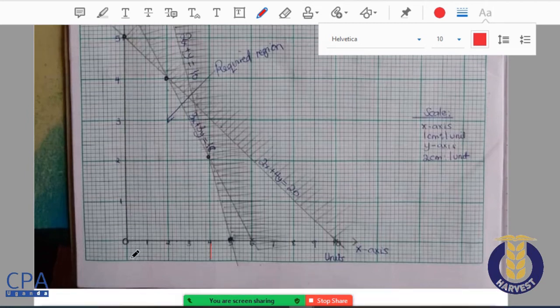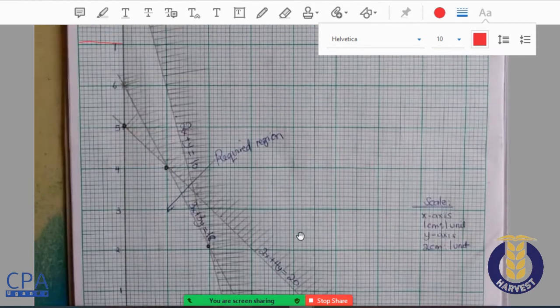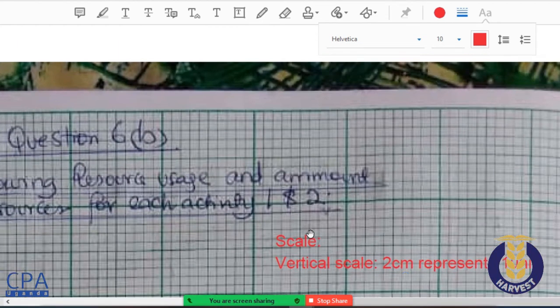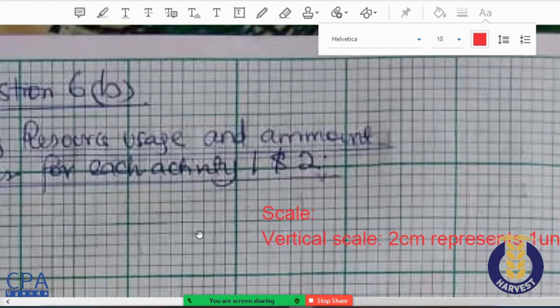Now, for the horizontal scale, the x-axis, as you can see, this is 1 centimeter. I'm very sure 1 centimeter represents 1 unit, because the student kept on skipping 1, 1, 1, 1. So you come and say here in the scale, the horizontal,